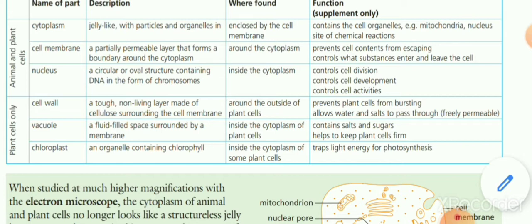Chloroplast is an organelle which contains a pigment called chlorophyll. Now, chlorophyll is responsible for providing green color to the plant. When a cell lacks chlorophyll, it is provided with other pigments, and the responsibility